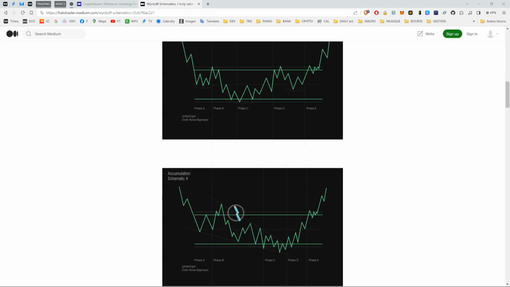I mean, there's no way for you to know where you are on the pattern. They're too complex and variable, because that's the actual end game of it. So take it away: there's no way for you to use Wyckoff profitably for short-term trading.